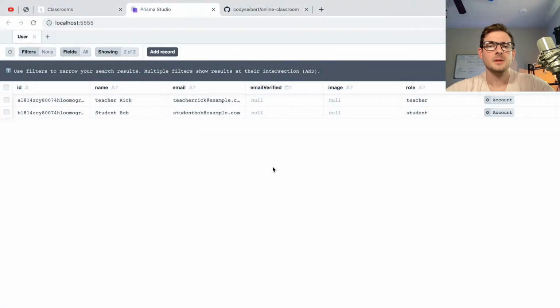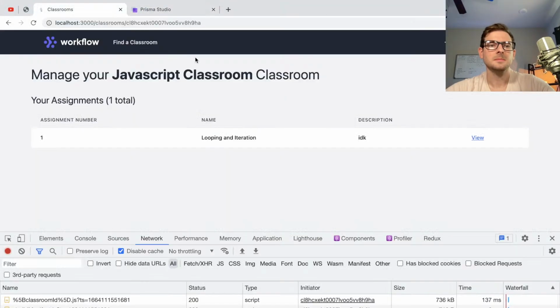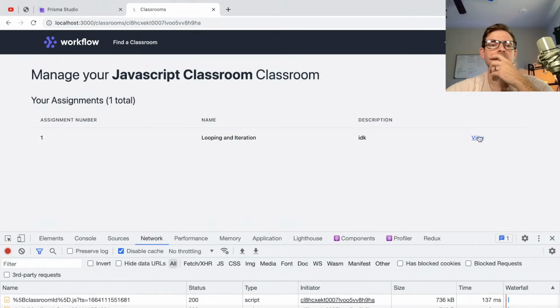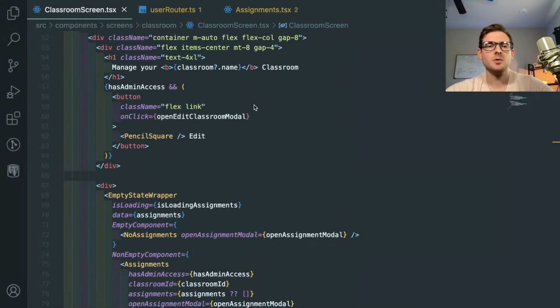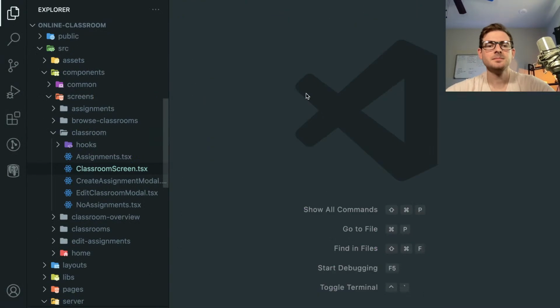Okay, let's see what else we need to work on. So as a student, if I view my assignment, so let's say a teacher uploaded an assignment, if I view it, it takes us to a page that just shows an ID, which is not really good. So what we want to do is probably have an assignment page, which I guess I started working on, but I never actually finished. So let's go find that file, which I believe would be